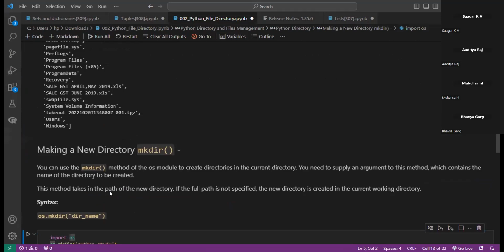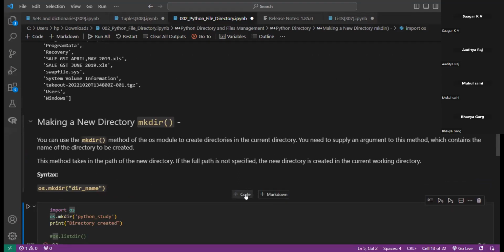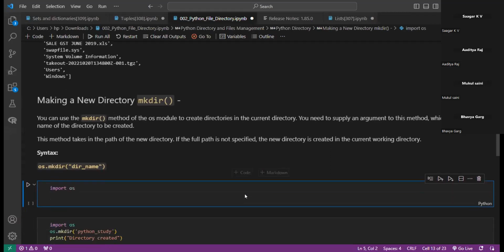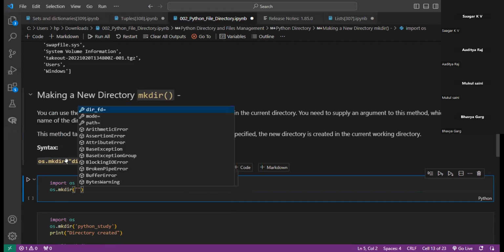ये डायरेक्टरी एग्जिस्ट करती है. यहाँ पे import os. os dot mkdir. और अब मुझे जो डायरेक्टरी बनानी है उसका नाम, ये उसका सिंटेक्स लिखा हुआ है, os dot mkdir, dir name, जो मैं क्रिएट करूँगा, इन डबल कोट्स और सिंगल कोट्स।